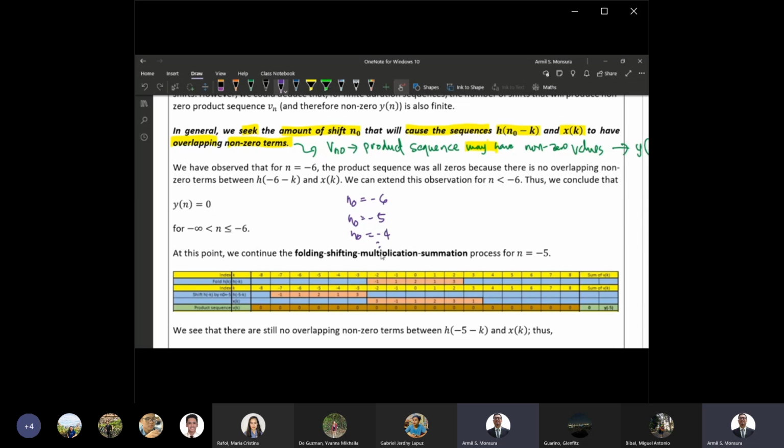Imagine ninyo na there will only be a finite amount of shift, okay, that will result to